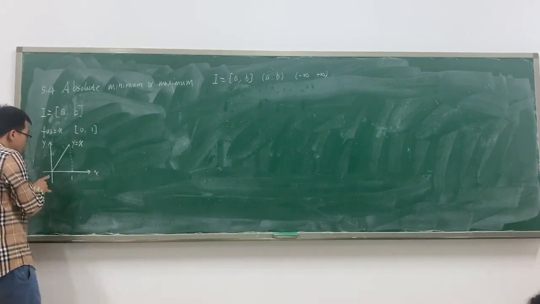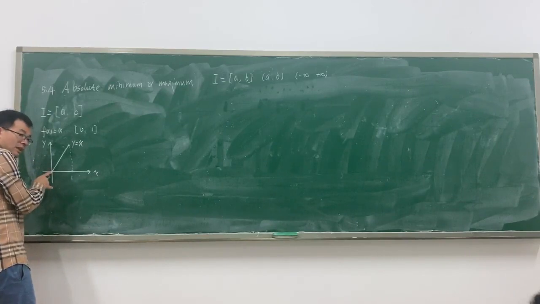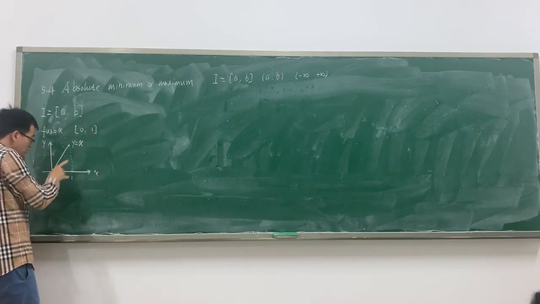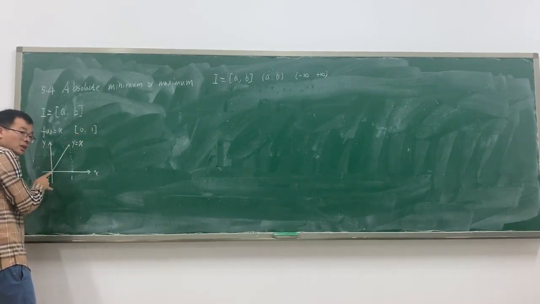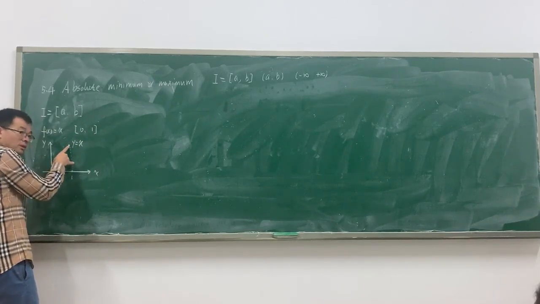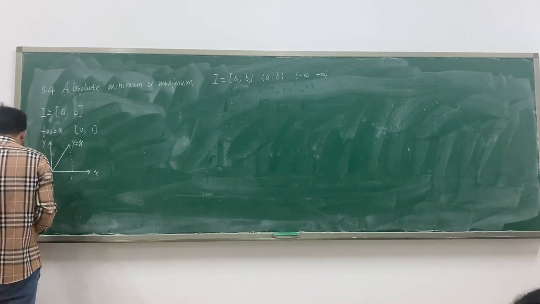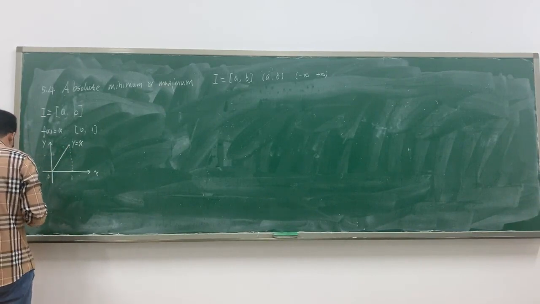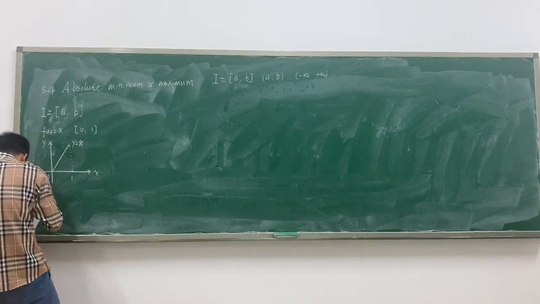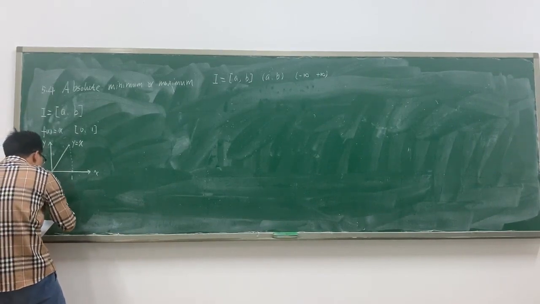So in this interval, because here the left is closed, the right is closed, this point actually is the absolute minimum, and this point is the absolute maximum. So for this function f(x) equal to x, it has